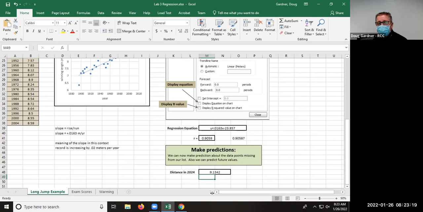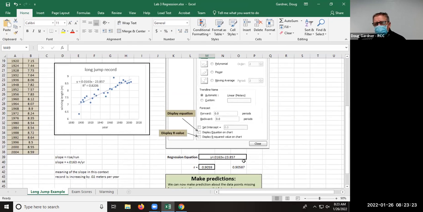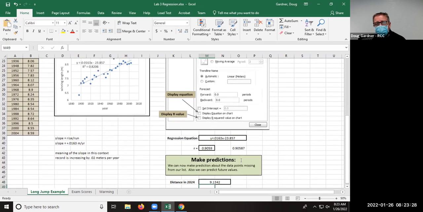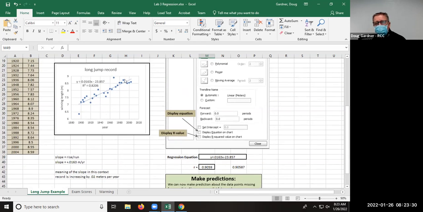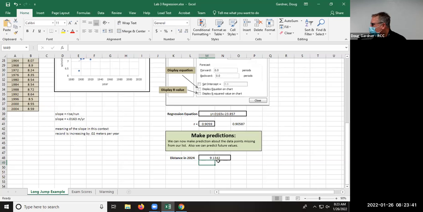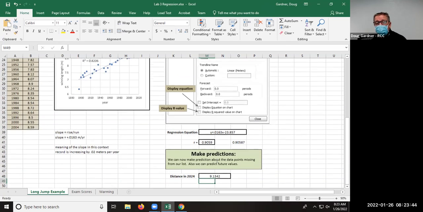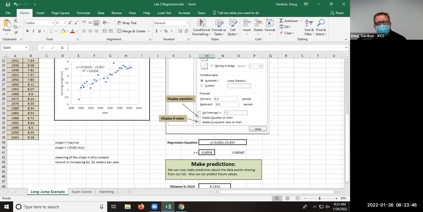So 9 meters, that's the guess. That's what's cool about that, it's not just a random guess. That's entirely what this line would predict would happen out in 2024, which actually goes off the graph, doesn't it? Because it stopped at 2020, so it'd be way out here somewhere. So that's kind of cool that you can use algebra to actually produce a guess as to what that would be. And so that's kind of fun, because notice there aren't any jumps over here that got over the top of